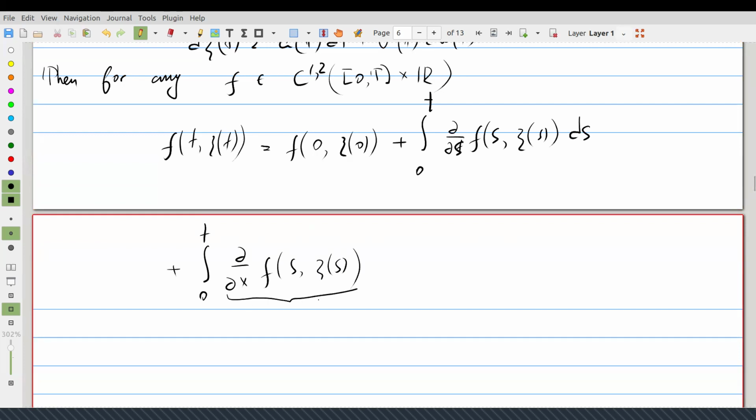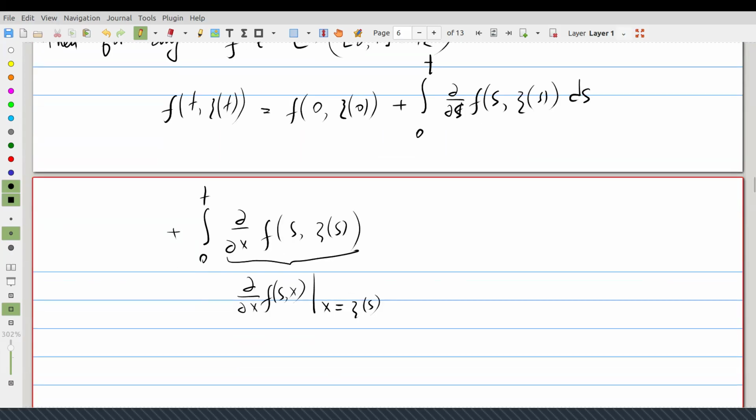Now, this should be understood as d over dx of f(s, x) at the point x equal psi of s. But we will write this in this form: a of s ds plus the integral from 0 to t of d over dx f(s, psi of s) sigma of s dW_s